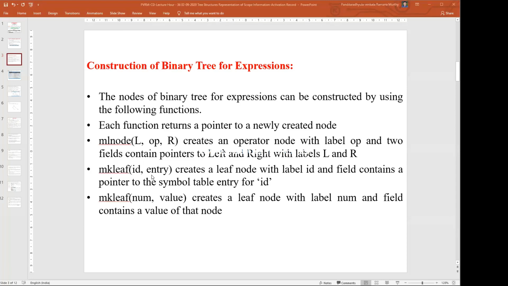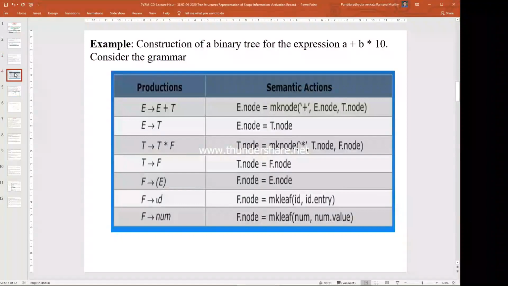Then we can use num directly as the indication, with the value attached as an attribute. We are using this make leaf function for identifying operand information. In this way we can create nodes for the operands and operators of an expression.